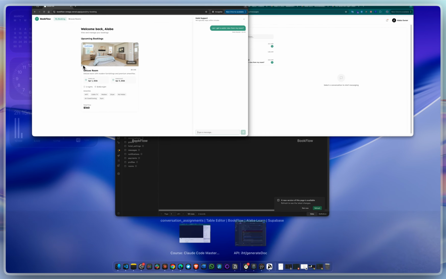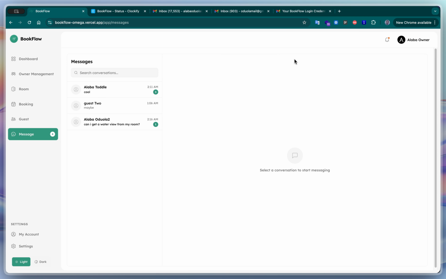Now let's go back to the owner, the admin side. So you can see we have a new message, and it's indicating 4 messages here because we have 3 others from someone else. And if we take a look at this notification icon, there's something I'm going to explain, which is